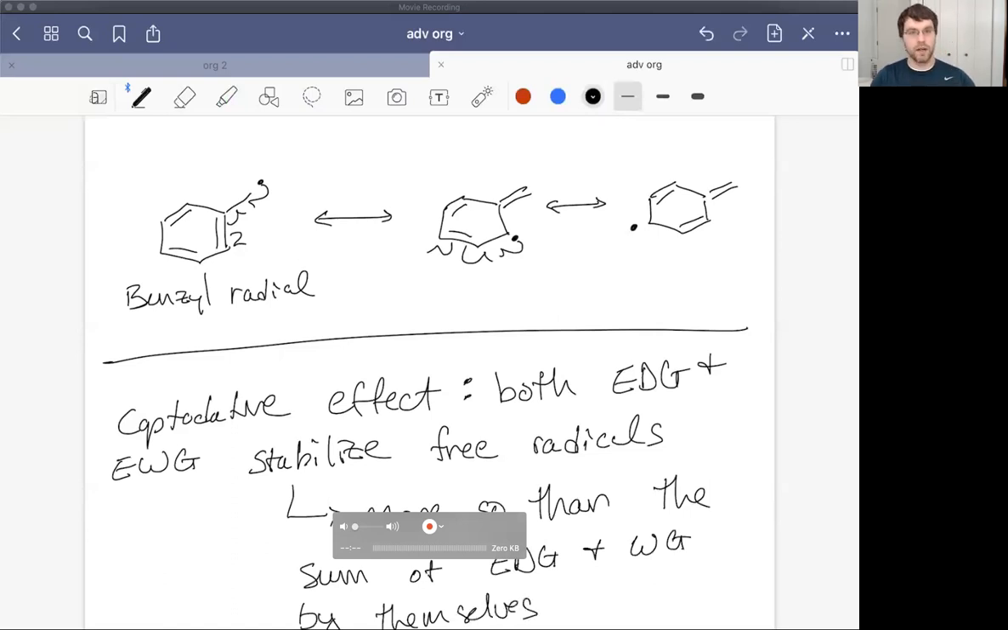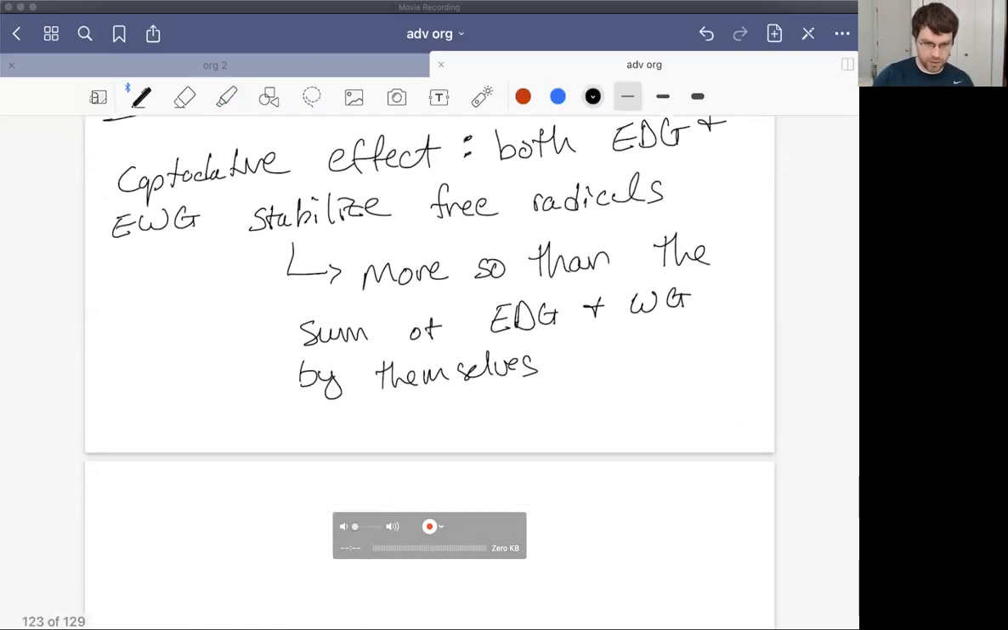Okay, so let me say it this way. An electron donating group is going to stabilize the radical somewhat. The electron withdrawing group is going to stabilize. They both stabilize the free radical. But when you put them together, putting them together leads to more stability than just the sum of the two by themselves. Okay, now a great example of this is if we have